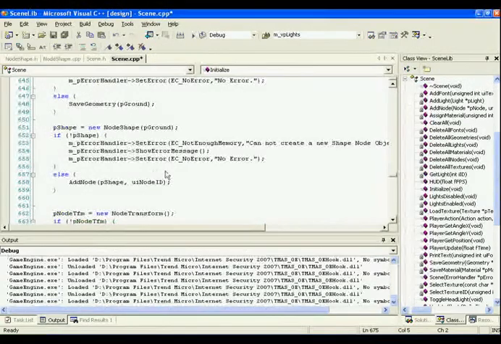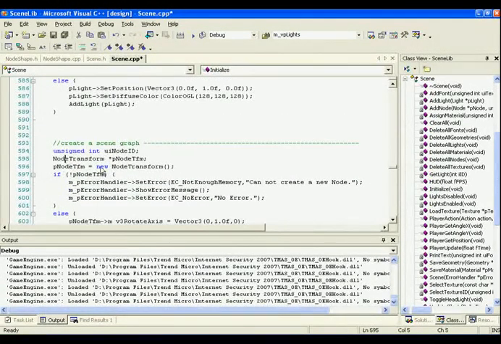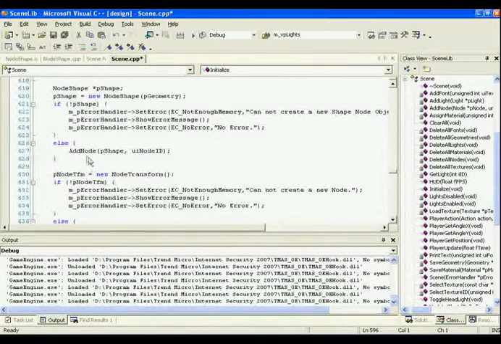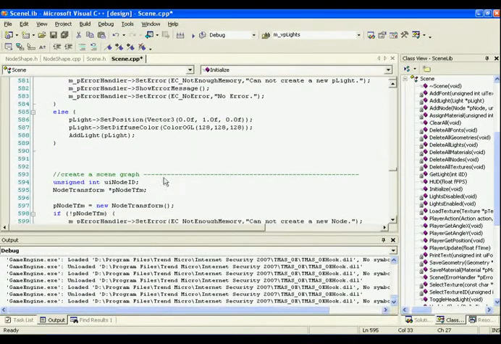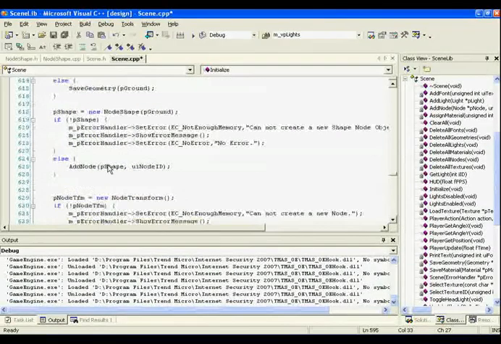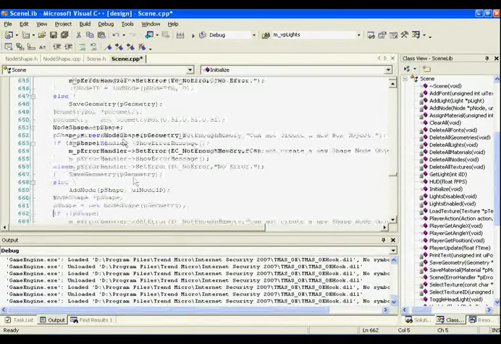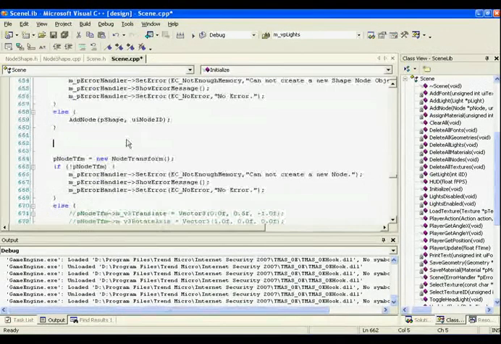Actually, I'm going to reorder these. Let me take this first guy here and the box in the shape node and move them below the ground, just so I can keep things a little bit more organized here. Shape for the ground. Okay. So we have our ground that we're rendering first, then we render our box, and then we have another transform